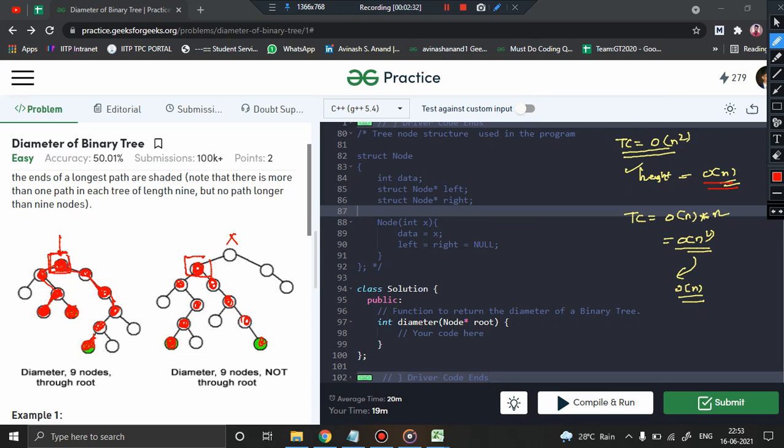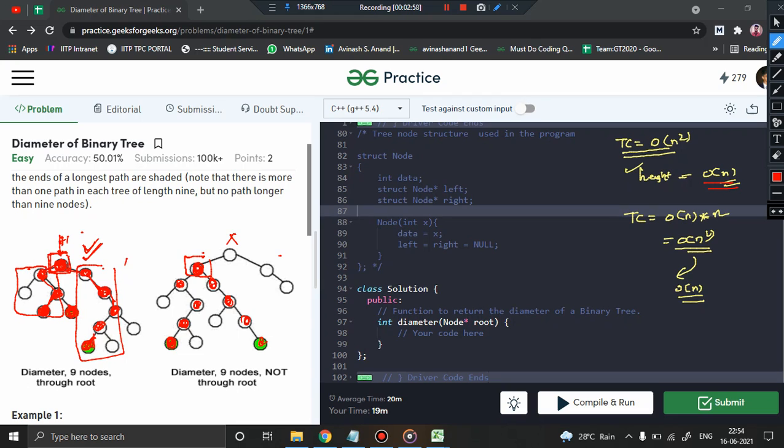So in the previous approach, what did we do? We basically computed the left height plus right height plus 1, and we found out the diameter of the left subtree and the diameter of the right subtree, and the maximum of that we used to return. Can we make it more optimal? Yes, we can. How? You see, even in this case, we are finding the left height, right height, adding 1 to it.